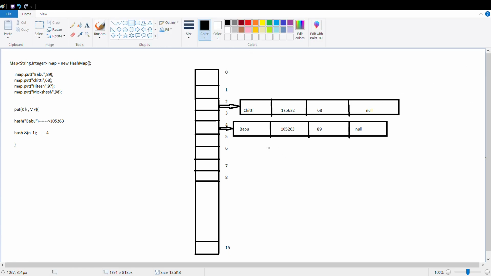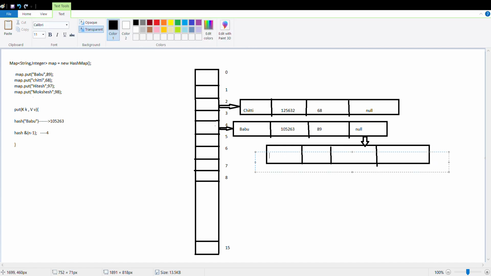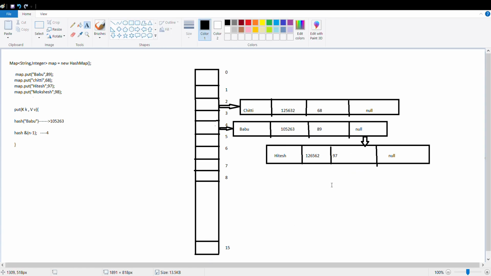It will create one more node, like a linked list, and point to it. Let's say the hash code of Hitesh is this one, it will store 97, and the next is null.